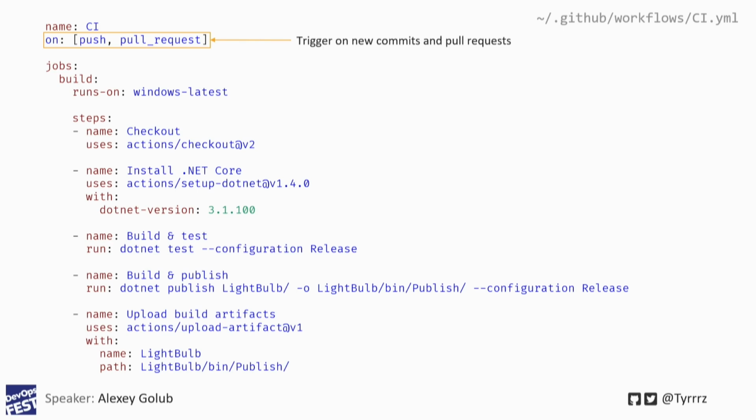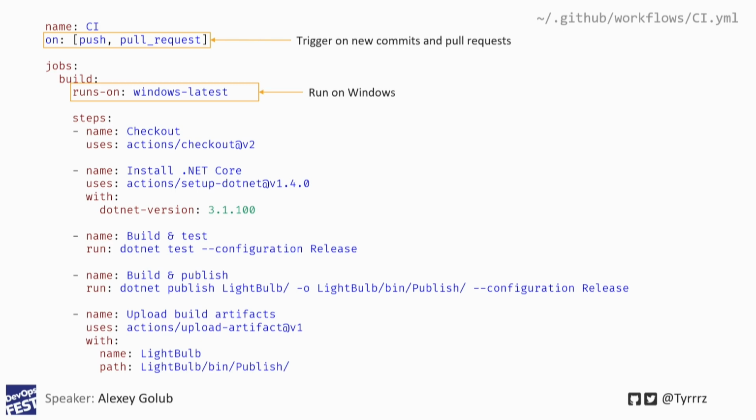So then we define the jobs. Here I only have one job, which is called build. As you can see, the jobs section contains the build section. That's just the name I gave it. And then the important thing is that we have to specify which operating system, or rather, more specifically, which virtual image it has to run on. I just wanted to run on Windows, just for the sake of it. I don't really care which version, so I just say windows-latest. You can also specify a specific version. I don't remember which ones are available, but you can have a deterministic build that way. But I just don't care, so windows-latest will do.